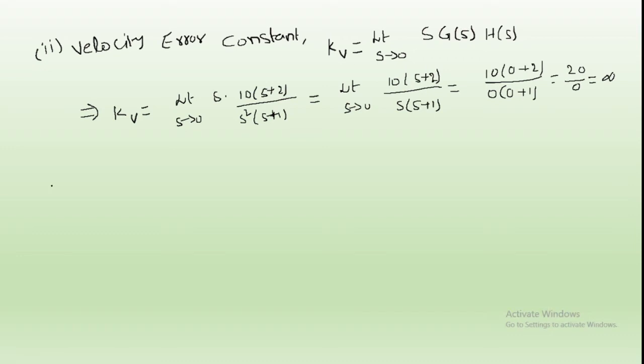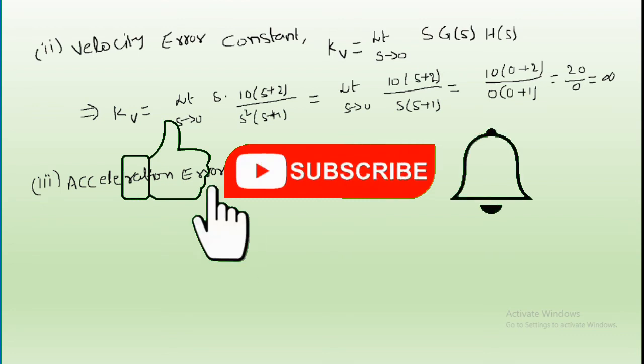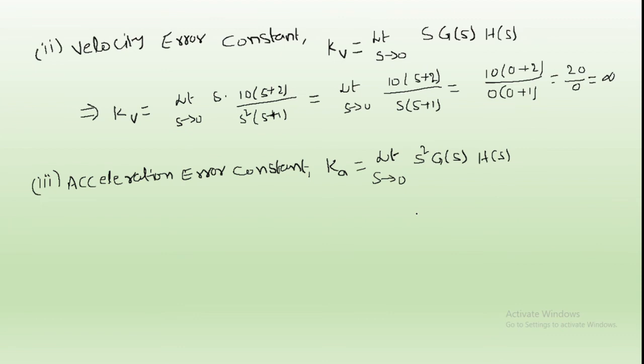Next, the third type of static error constant is the acceleration error constant. The expression of the acceleration error constant Ka is equal to limit s tends to 0 of s square into G(s) into H(s). Substitute the open loop transfer function and unity feedback control system values into this equation. We get the acceleration error constant Ka is equal to limit s tends to 0 of s square into G(s), whose value is 10(s+2) divided by s^2(s+1), into